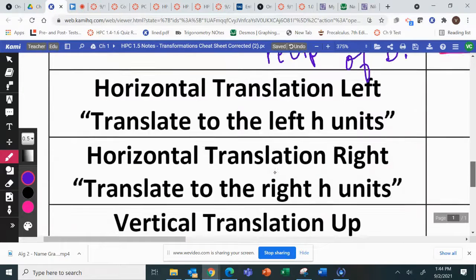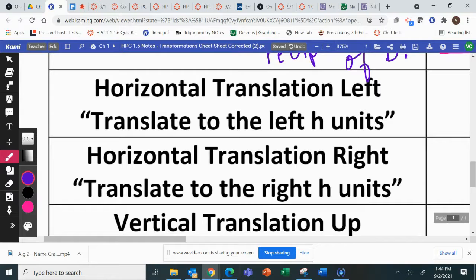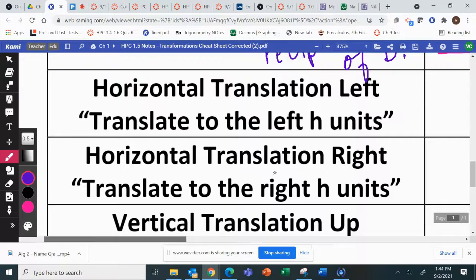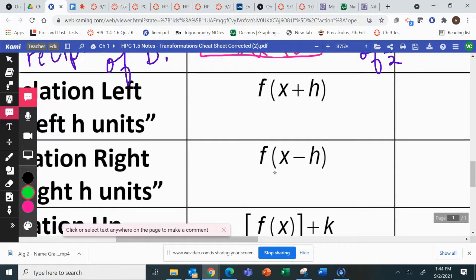What's the next one? Horizontal translation, left or right. We'll do both of them at the same time. Translate to the left, h units. Translate to the right, h units. We'll look at both of those at the same time. We can see both of them have replaced x with a parenthesis, either x plus h or x minus h. The thing that you have to remember that hopefully you remember from last year is when it goes to